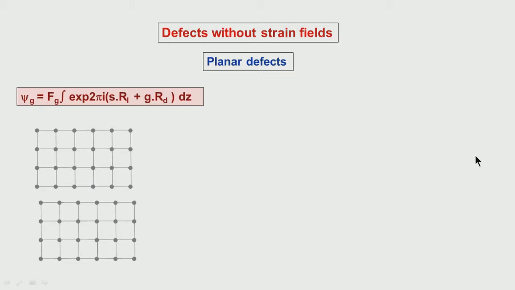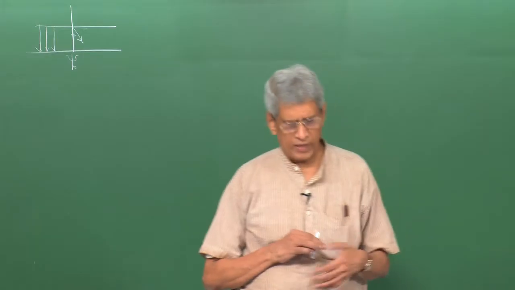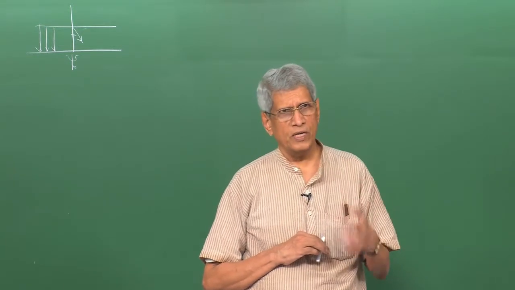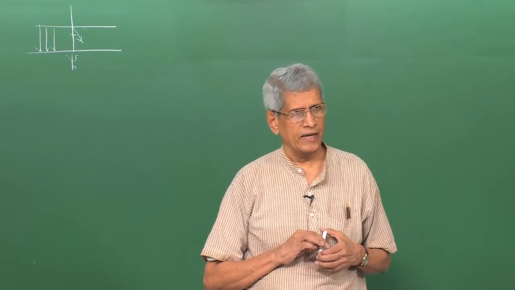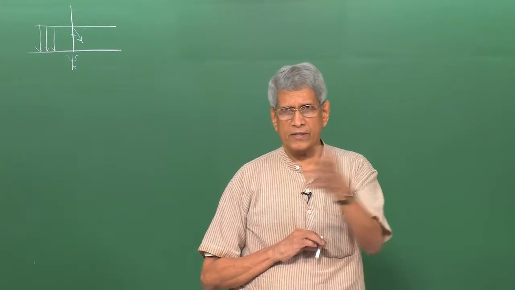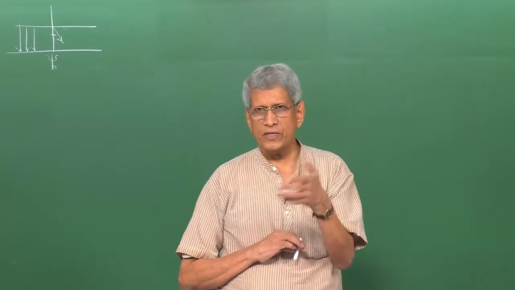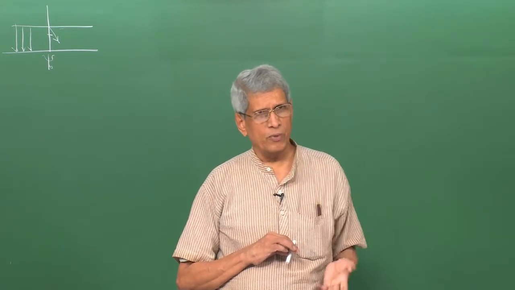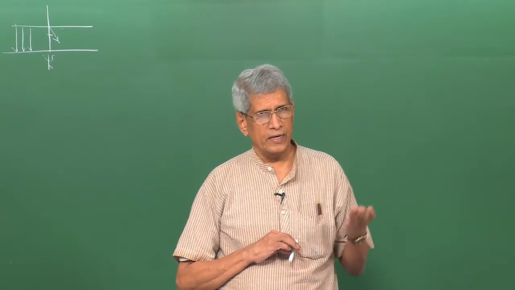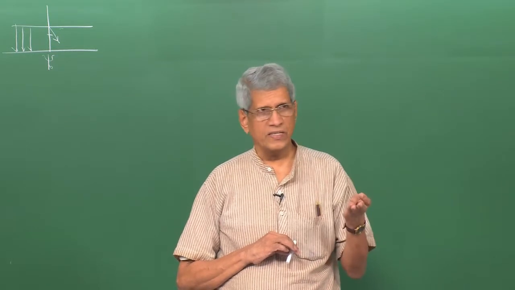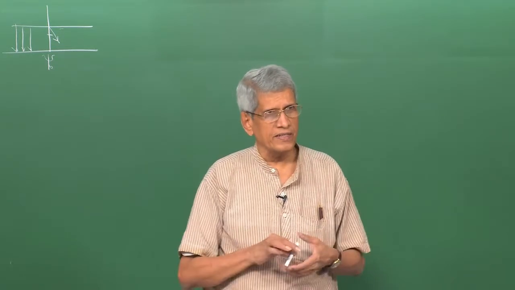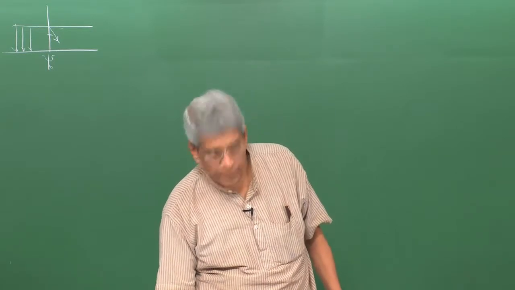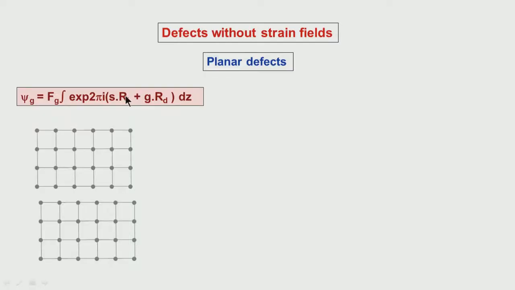Let us consider the case, because I mentioned that we will first talk about a planar defect. We will take that as an example. As we discussed, the types of defects are antiphase boundaries, then stacking faults, interfaces between different regions. All these things are there. What sort of contrast will they exhibit? That is what we look at. This is how the amplitude which we are trying to explain. What is important is that now you look at this sample.